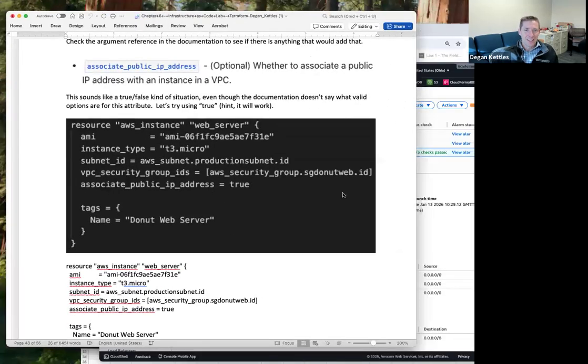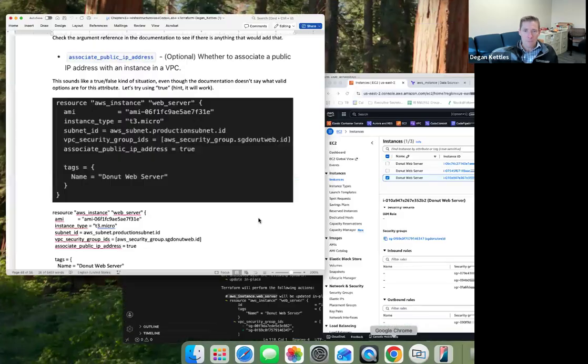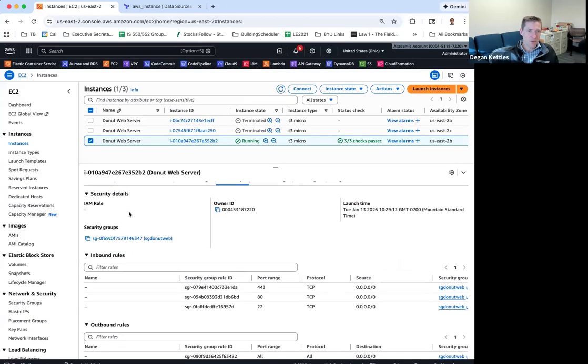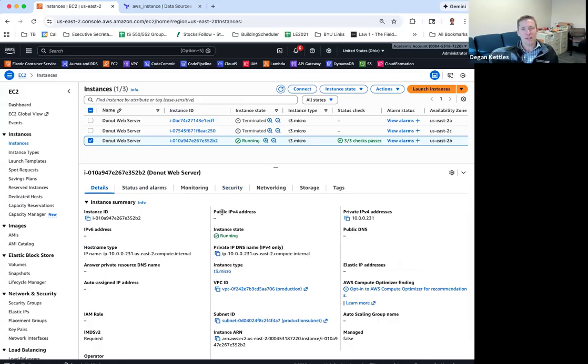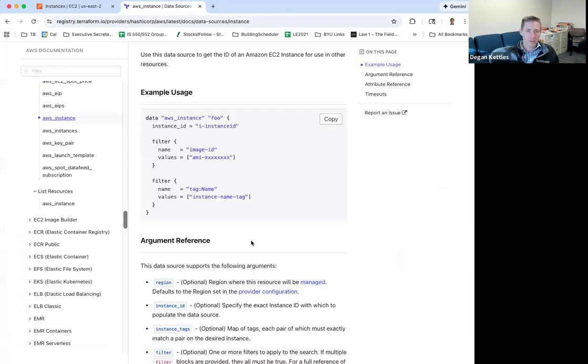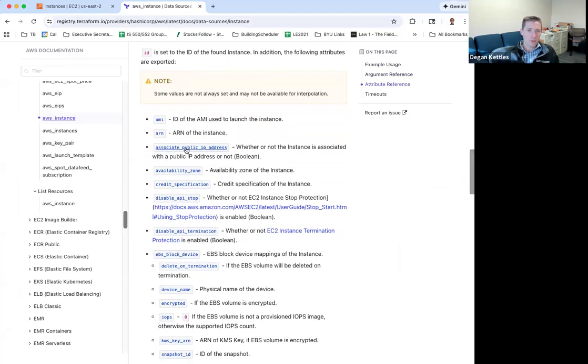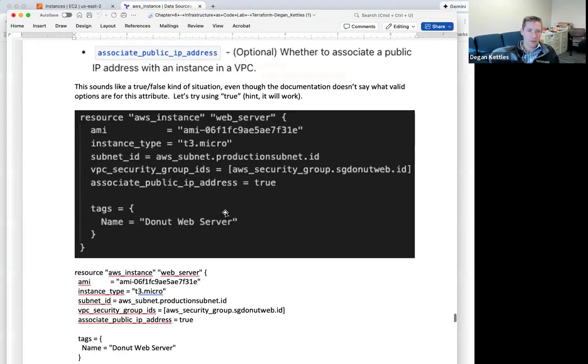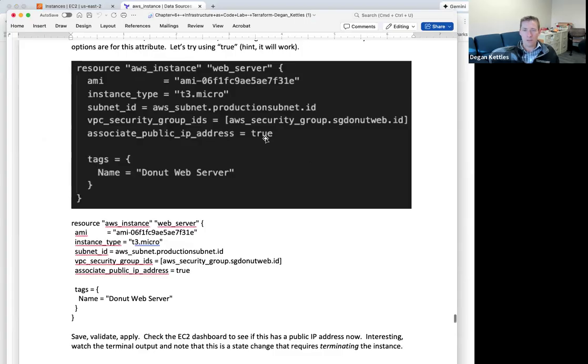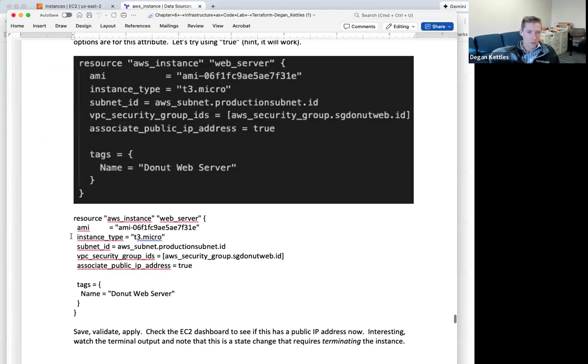Okay, so another thing that I can see that's broken is if I come to just details on the front page here, I don't have a public IP address for my EC2 instance. Well, there's syntax for that. So again, if you look through the argument reference, the attribute reference here, like associate public IP address, it's supposed to be Boolean. I wish they'd given me a syntax example. So I just made a guess as to what that would be, and I got it right. It's just the word true in there. So one more time,